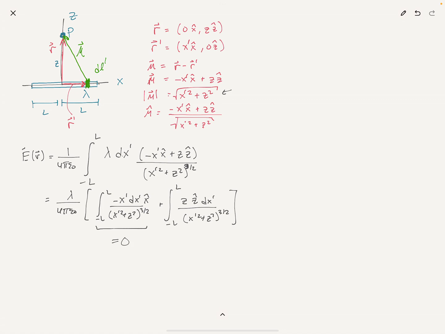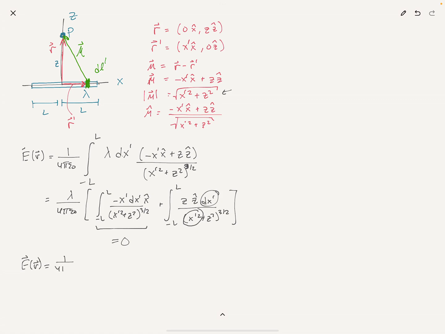Now, we're going to be doing a lot of integrals together, like a ton of integrals. So I would recommend that you find your favorite integral solver. I use Wolfram Alpha to do this for me symbolically. I would plug in probably the indefinite integral and put the bounds in manually. So I do that, make sure I'm integrating over my dx prime, so that's this variable in the bottom, and I'm left with